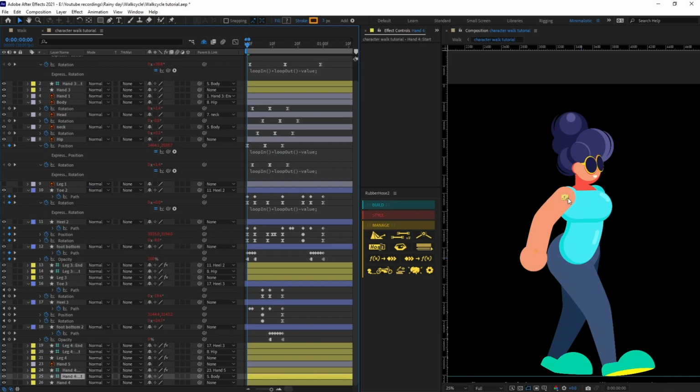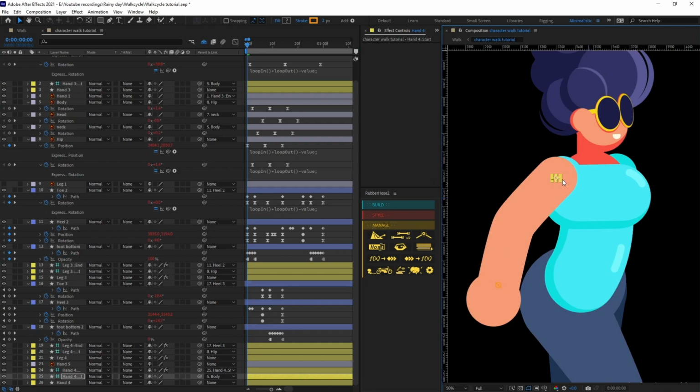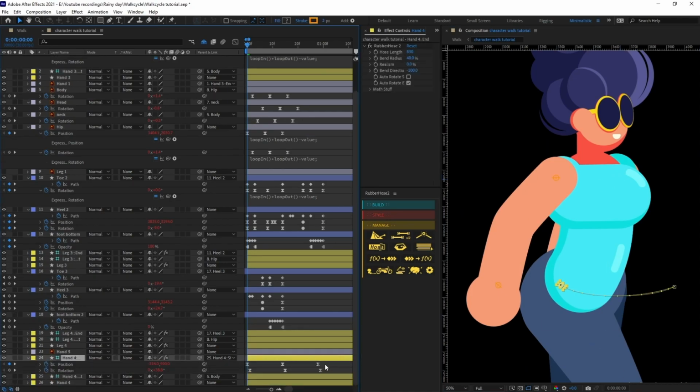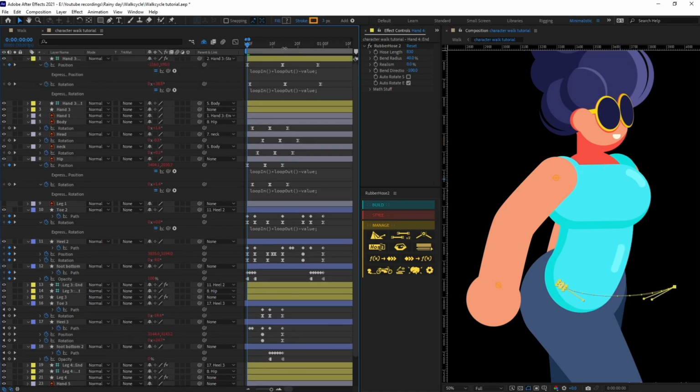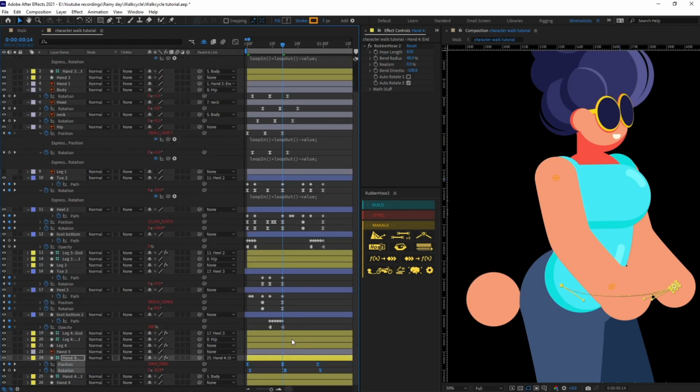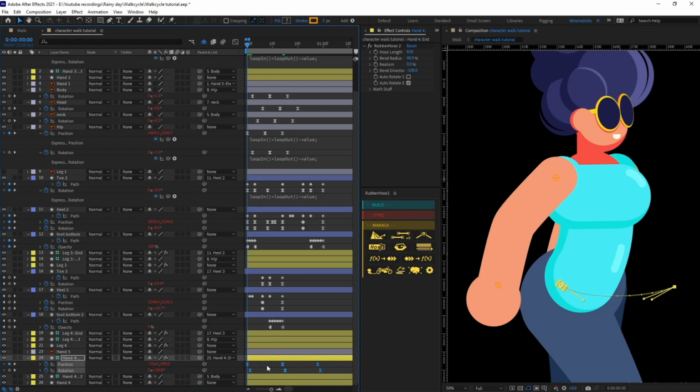So now let's move the start. Let's move the start and put it over here. So open the properties with keyframes and let's offset it by 12 frames and move it exactly at the middle. But before that, let's parent this hand with this one.